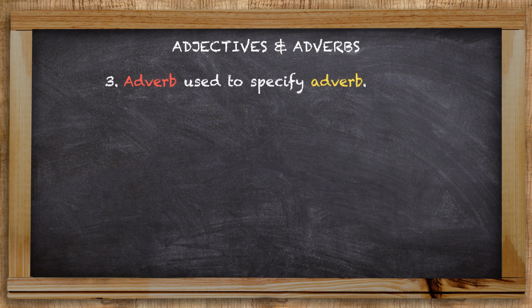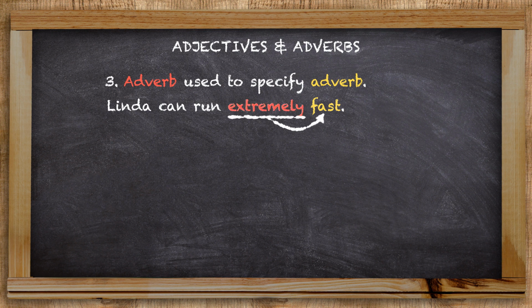An example of an adverb used to specify another adverb is Linda can run extremely fast. The word fast is an adverb that says something about the verb run. To further specify how fast, the adverb extremely is used. It shows that the writer or speaker wants the person reading or hearing the sentence to know how fast Linda